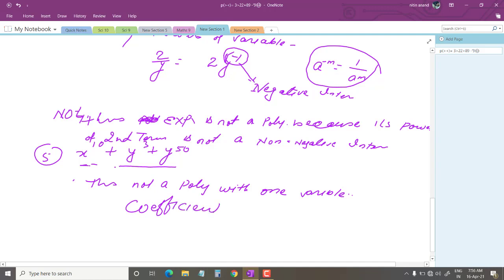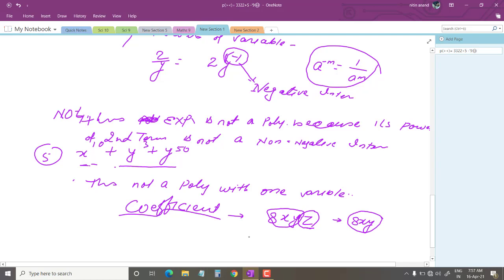Coefficient, that means what? Suppose that we have written 8xyz, and the question is, what is the coefficient of z for this term? Then we will take z, and tell all the other elements of this term. Except z, we have 8xy, so 8xy is the coefficient of z in this term.